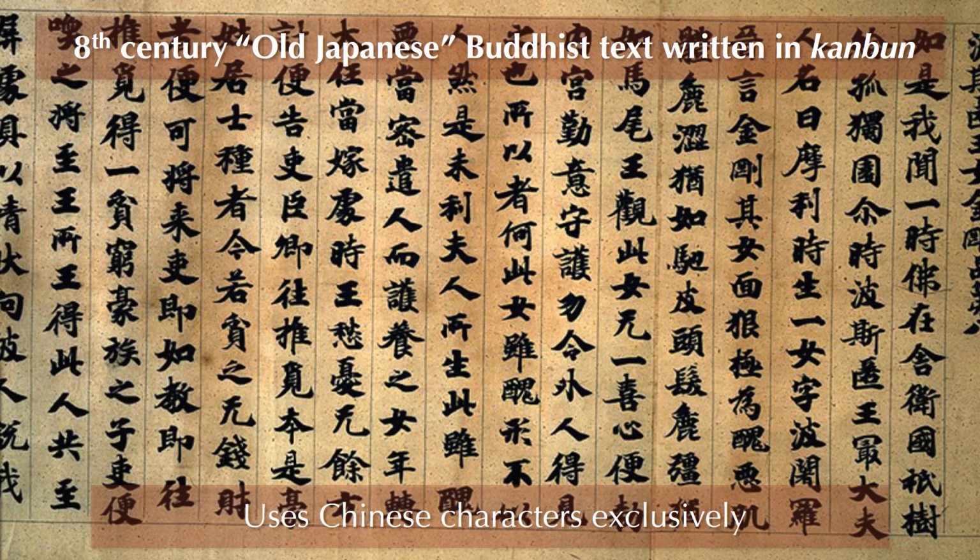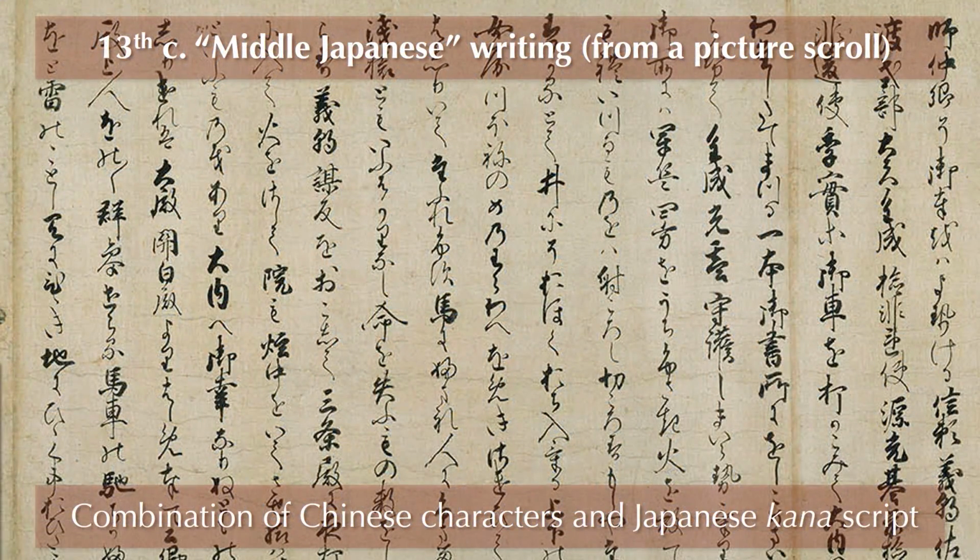From about the 13th century to the end of the 16th, we see a general shift in language patterns into what is called Middle Japanese. Historically, this corresponds roughly to the rise of warrior rule in Japan, following the decline of imperial power and prestige after the cultured Heian era ended in 1185.